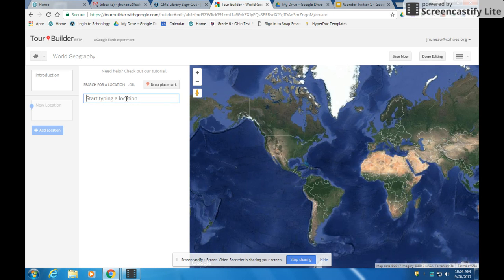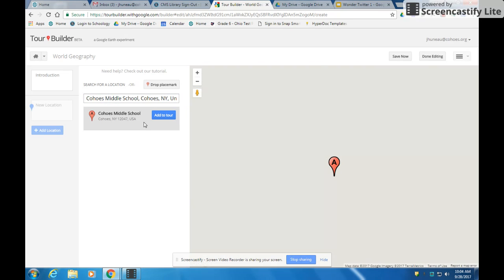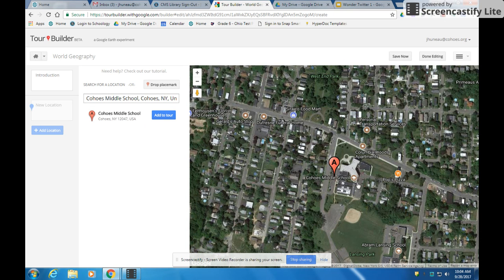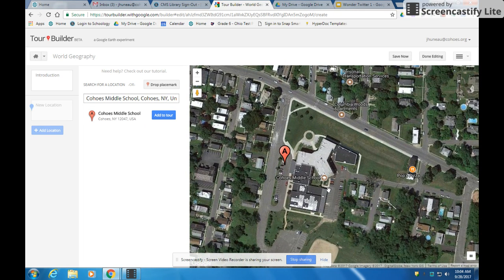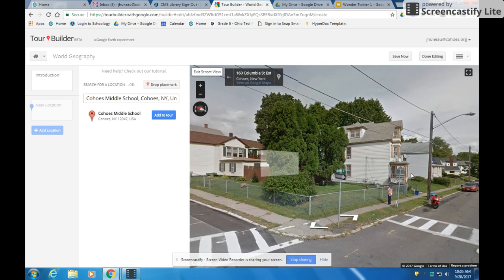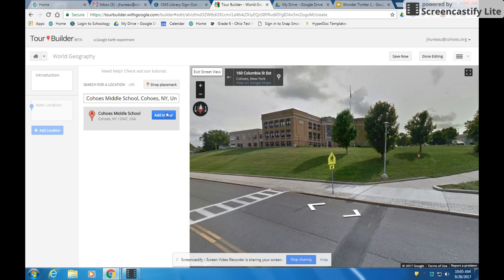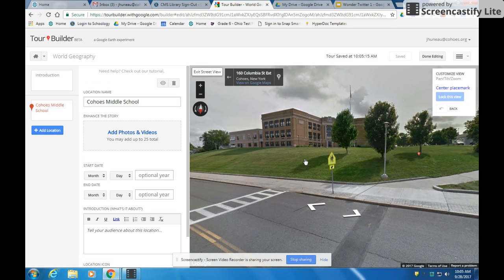Okay. Again, I'm going to start at Cohoes Middle School. You can choose to start at your home. You can do the aerial view, or you can drop this little peg man on the street and get the street view of the middle school. Okay, add it to your tour, and then once you have what you want,